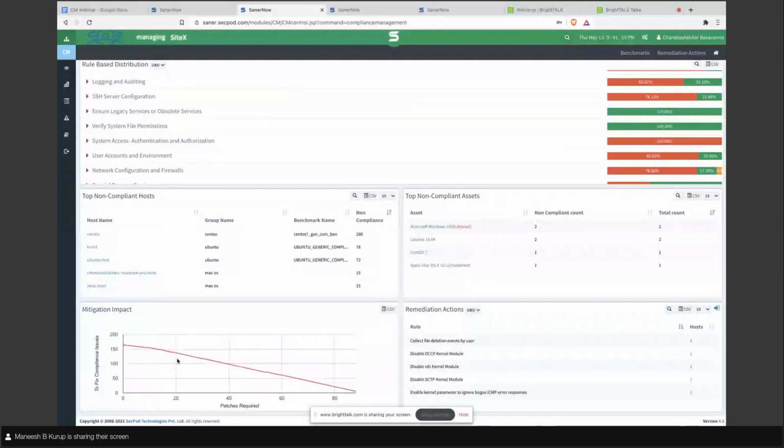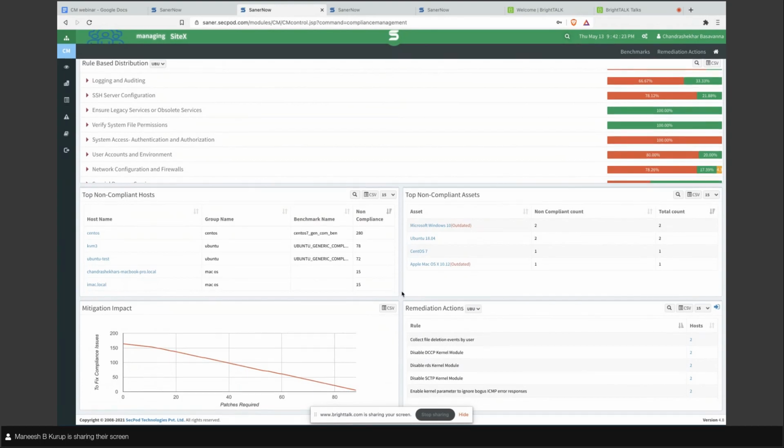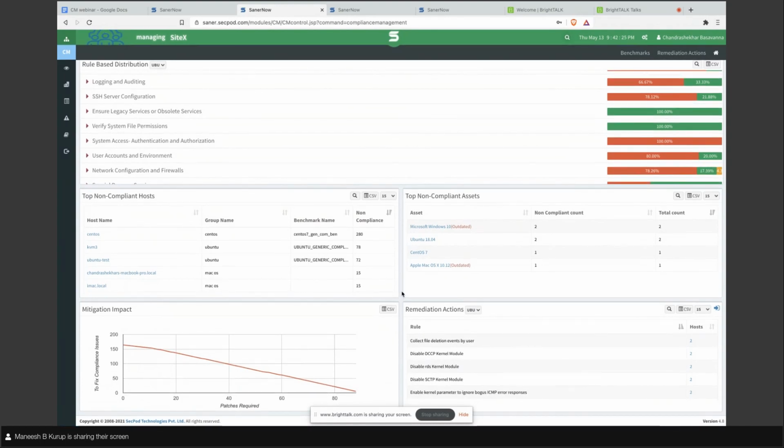If you apply 20 patches, if you roll out 20 fixes, it is going to come down to 137. This is a graphical representation of how you can bring the non-compliance down to zero. If you apply around 80 plus patches, that is going to bring your non-compliance status to a level of zero.